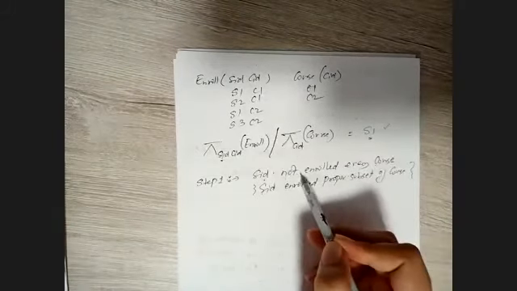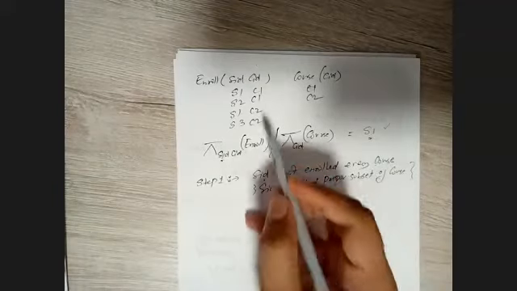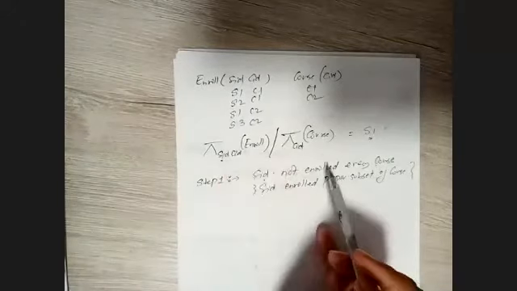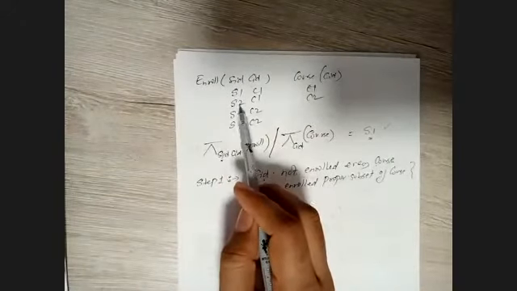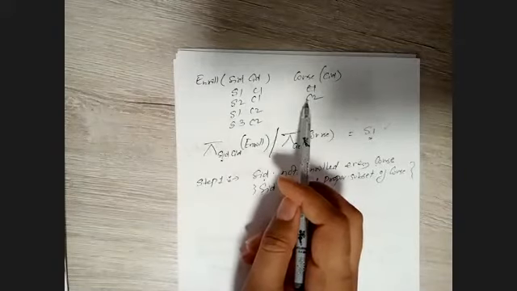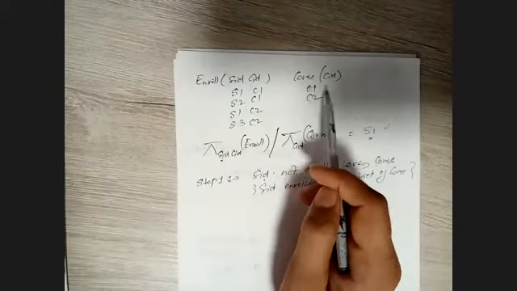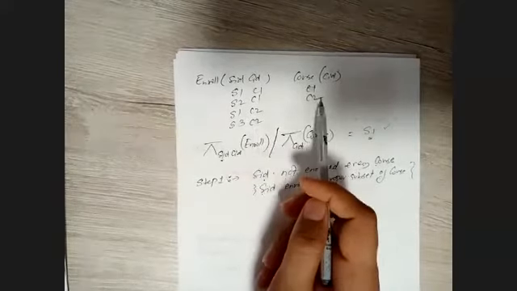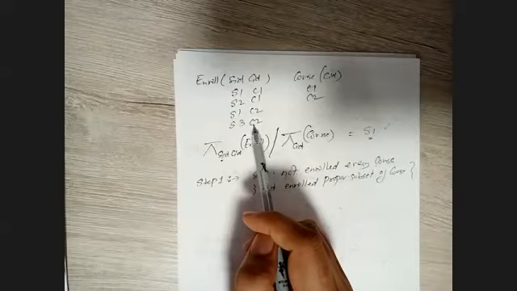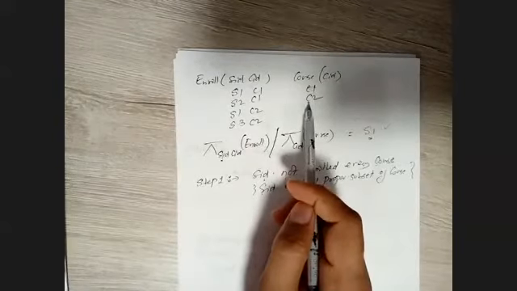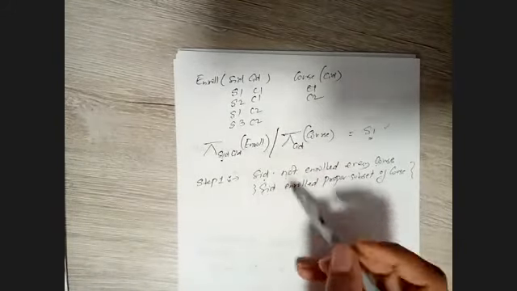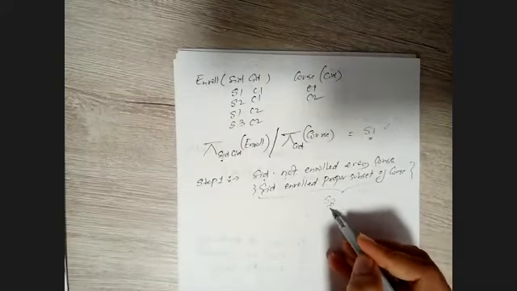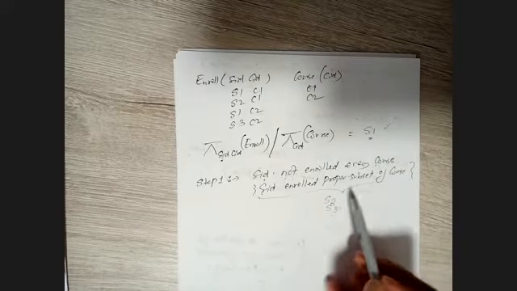So if not enrolled in every course, what should be the answer for this table? S1 is okay, fine. S2 is not enrolled in every course because S2 is enrolled in a proper subset of courses. A proper subset is a subset of these courses, that is either C1 or C2. So S2 is enrolled with a proper subset, that is only C1. S3 is enrolled with a proper subset, only C2. So the result of this should be S2 and S3 only, because these are enrolled in a proper subset of courses.